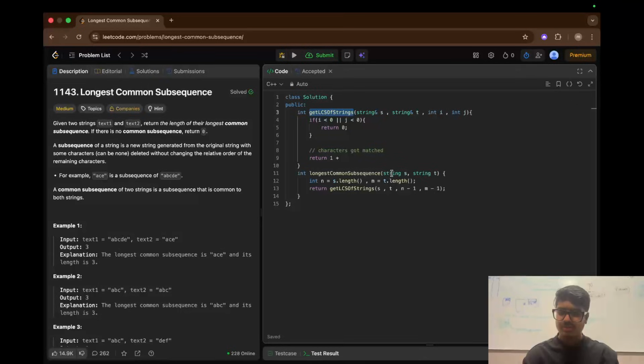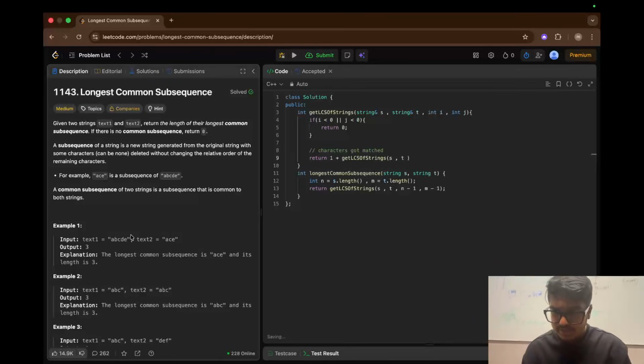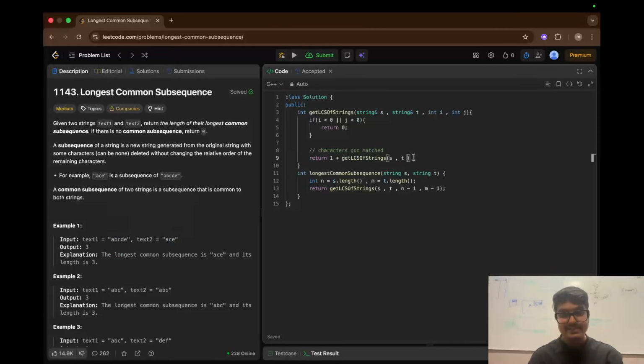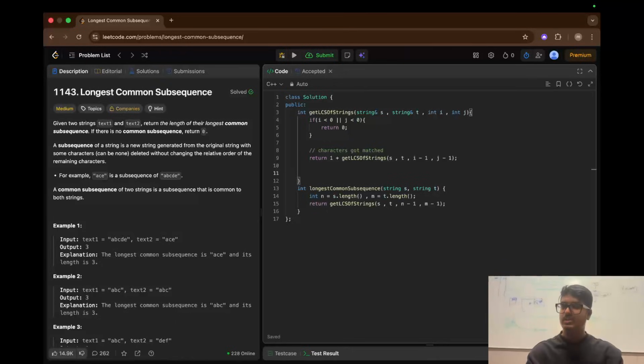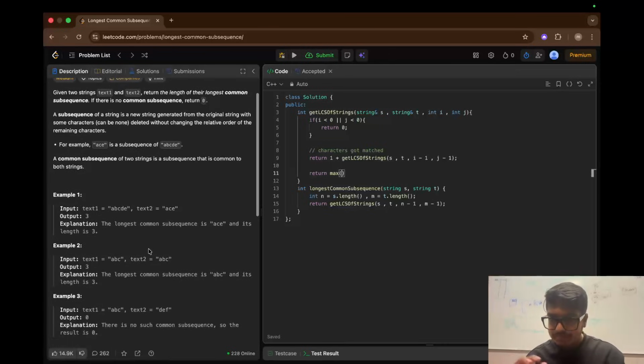Let's copy this. How many times would I be writing this? Copy, and I would pass s comma t. See, now E and E got matched, so I would be searching CA and DCBA. So it would be s, t comma i minus 1 comma j minus 1. This would be it. Now if both did not get matched, I would return the maximum of, let's say for now,